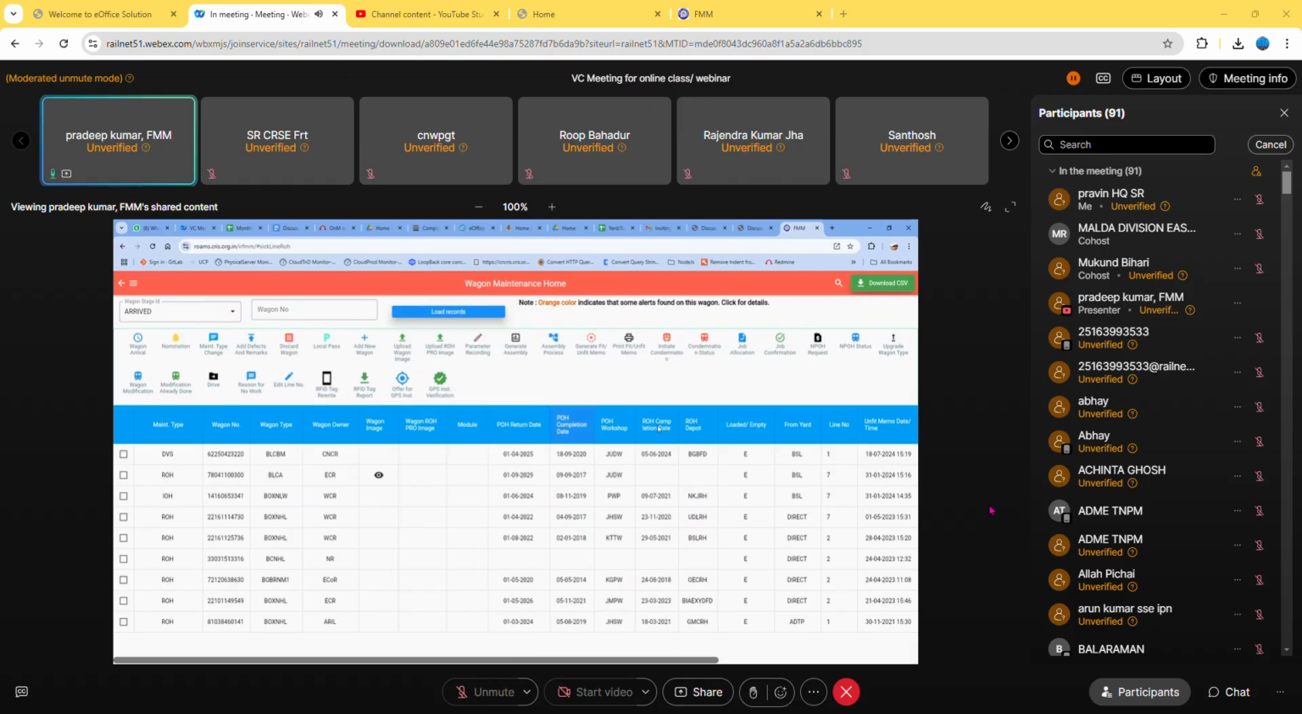Next, we have the POH particulars, meaning ROH return date, POS completion date, then last attended POS location, then the ROH last attended date and the location, that is the ROH depot, and whether the wagon is received in loaded or empty condition, where E is for empty, L is for the loaded condition. And this is from yard,